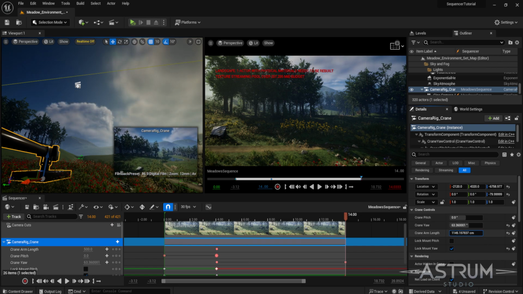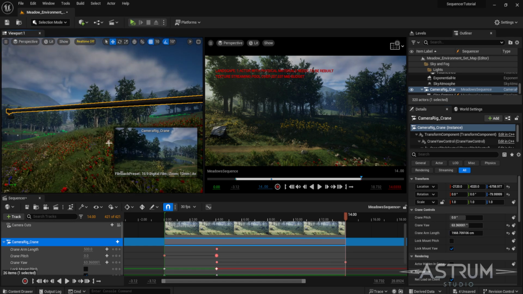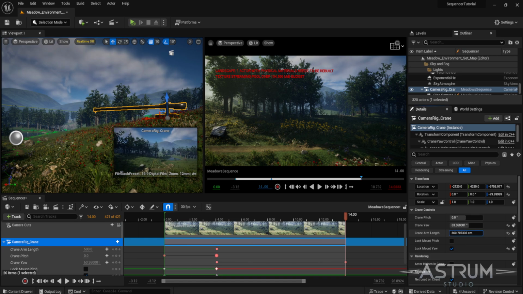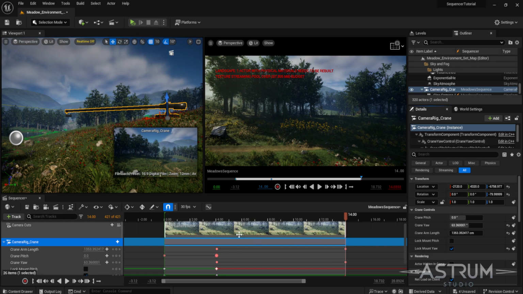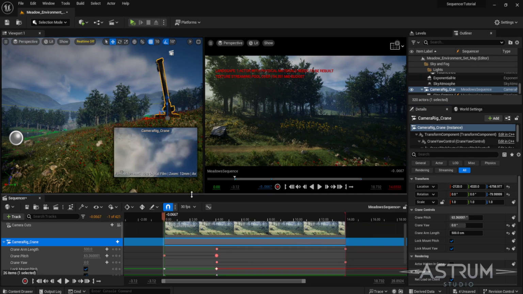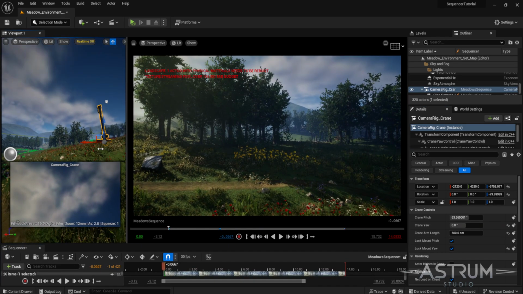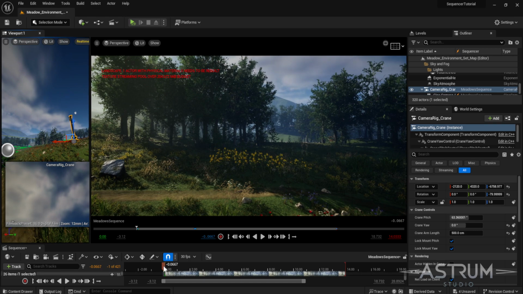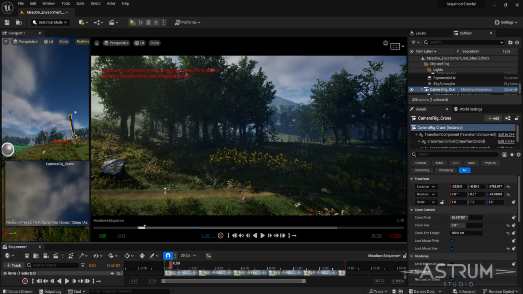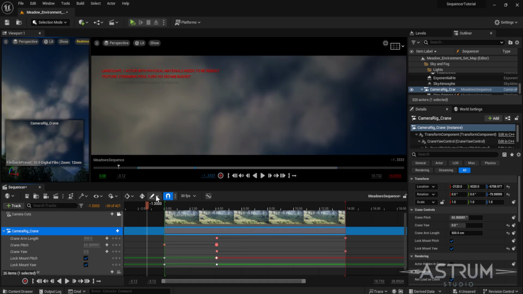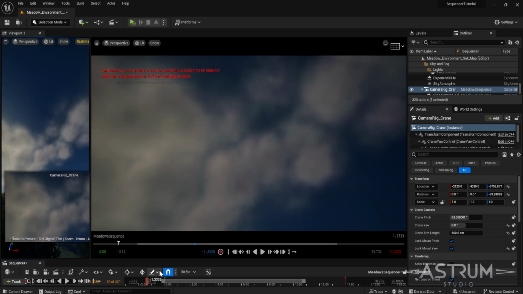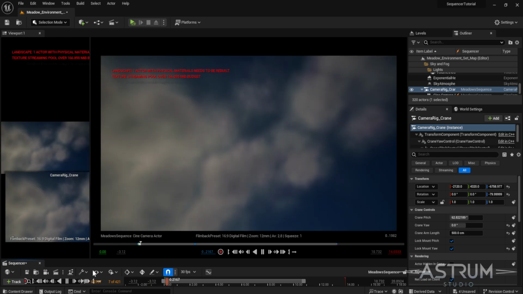And also we can animate the length so that it's a longer crane. Oh, I forgot to mention this, by the way. Length just makes it shorter or longer, which is really useful. So we're gonna animate the length and add a keyframe. And now if we actually go ahead and preview this, well, I forgot to press this one. So if you hit space to preview or just the play button,